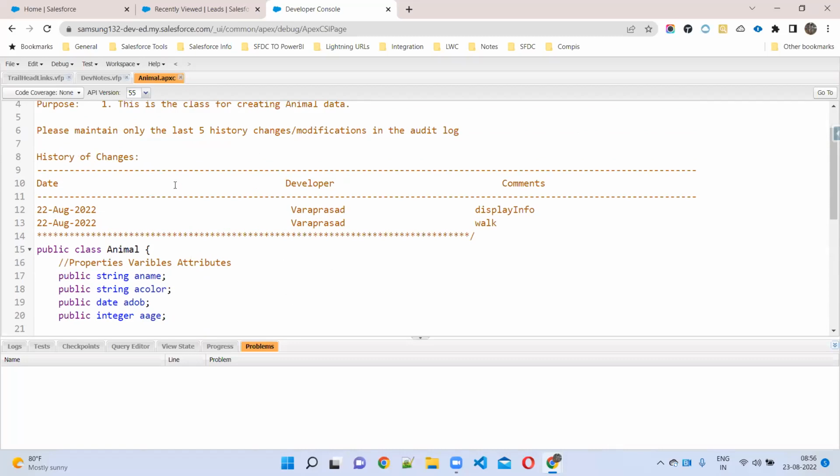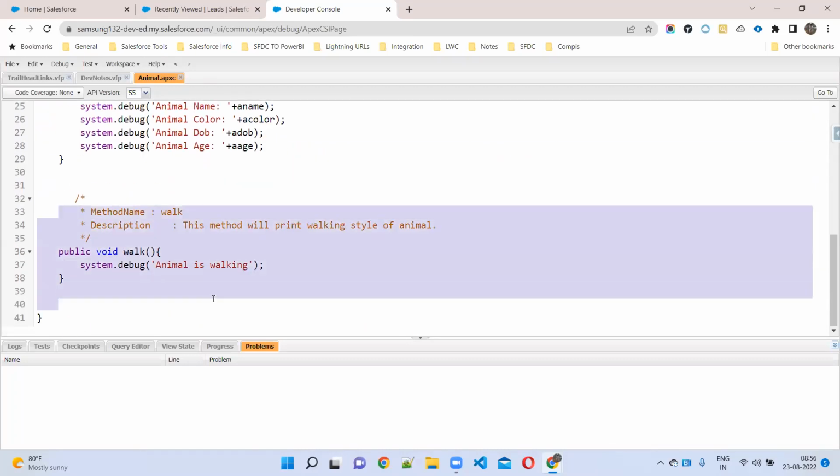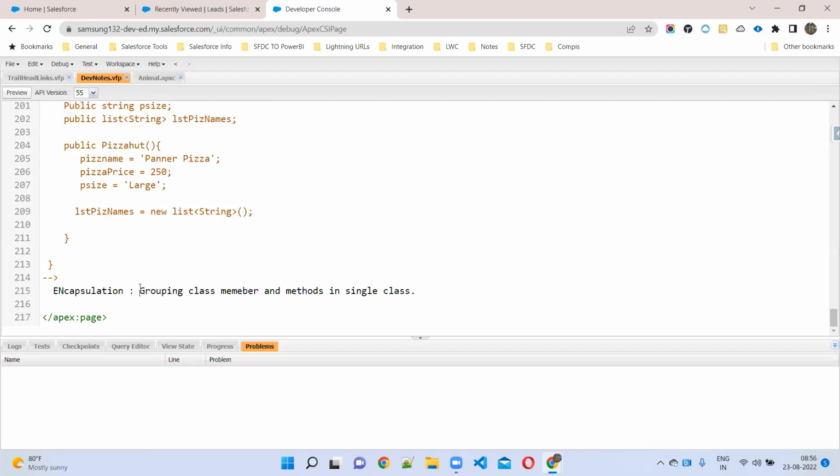This is a class, and this class has variables and methods, so this is nothing but encapsulation. For encapsulation, we don't have any special syntax. Encapsulation is nothing but grouping of class members and methods in a single class. Clear, everyone? Following what I'm saying?